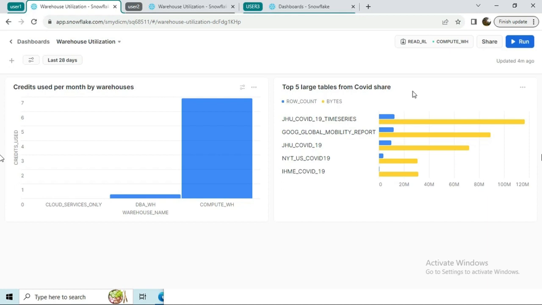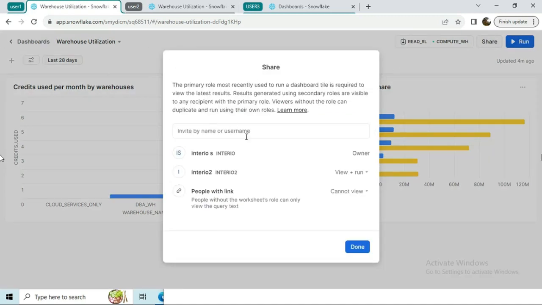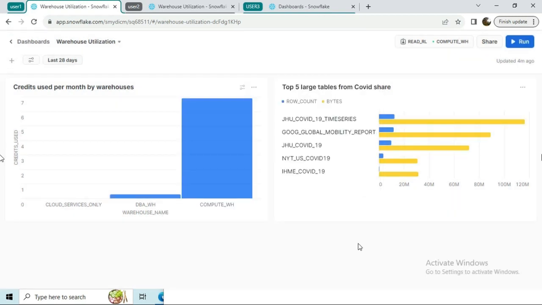And now we will discuss the edit grant from the owner of the dashboard, which is user 1 interior. I will take the example of interior 2 only, and I will be granting the edit access to interior 2 from view+run. So here I have changed to edit access, or edit grant, for user interior 2, and I will be running this dashboard just to get the updated data,